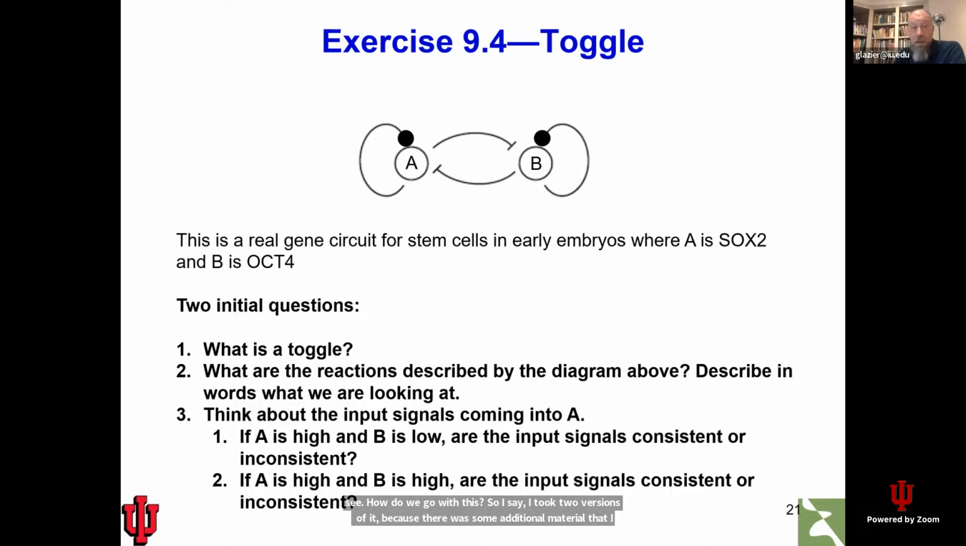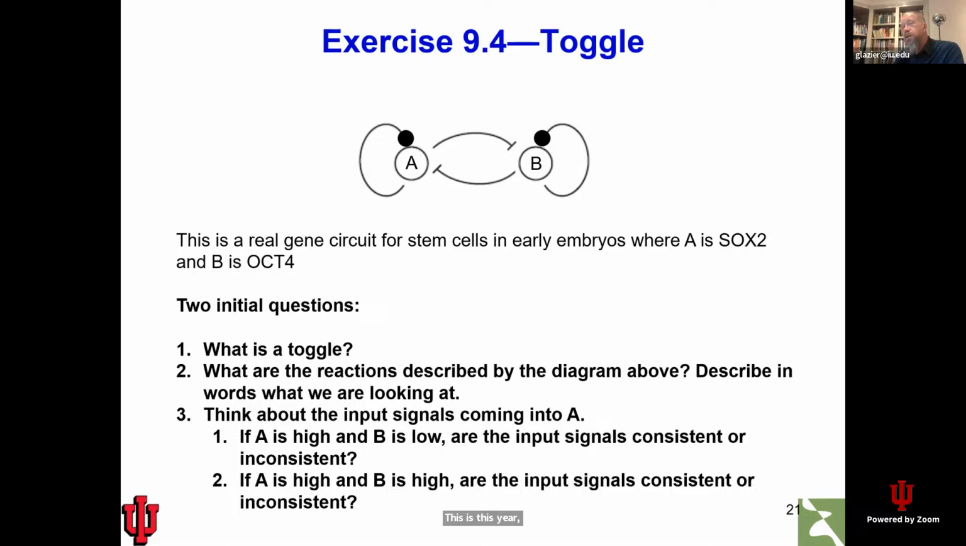First question is, why is it called a toggle? I think I've already explained that to some extent, but we can look at that. And then what are the reactions in the model? And the first thing we can think about is, and we didn't really do that this year, but